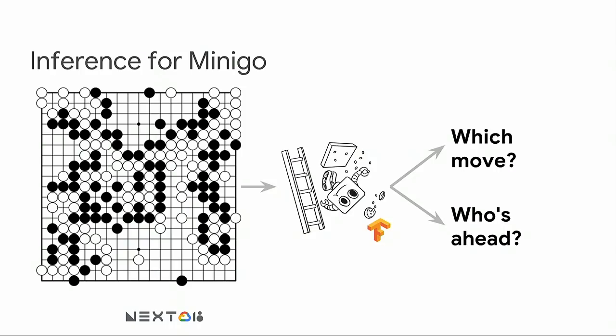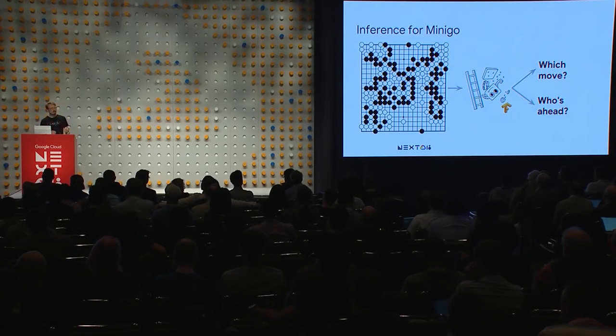So let's keep going. So what is inference for Minigo, and how are we going to use that to solve this problem? So inference for Minigo in this case means 2 questions. What move should we play? Who do we think is going to win? So given that board that you see on the left, that's our input. And we're going to ask Minigo for a probability distribution of where it thinks the next move is going to be. And we're also going to ask it for a number that expresses who it thinks is going to win. So Minigo uses -1 for if white is going to win, and +1 if black is going to win. 0 says way too close to call, perfectly balanced. And anywhere in there, from -1 to 1, is it quantifying who it thinks is going to win.